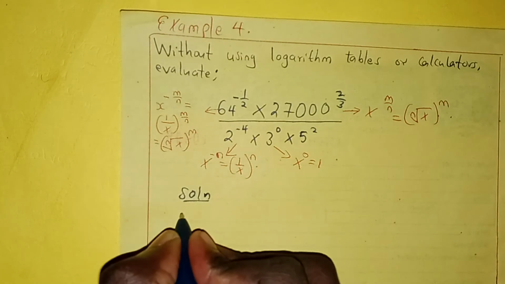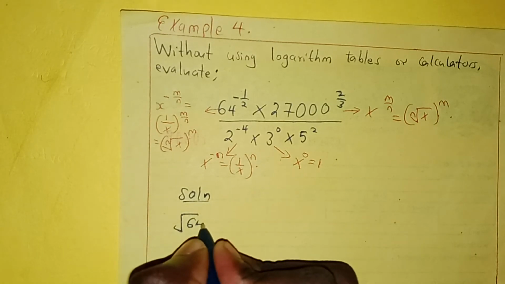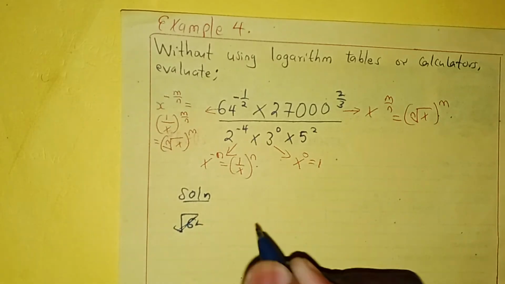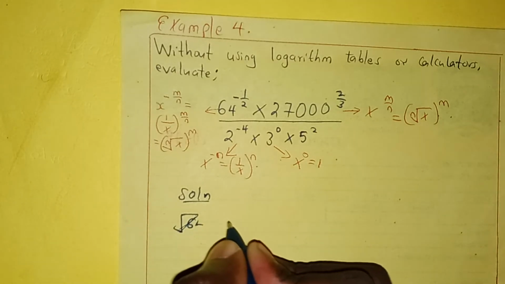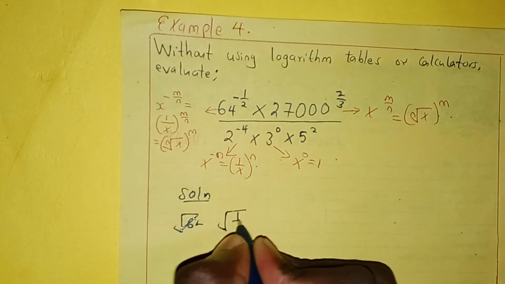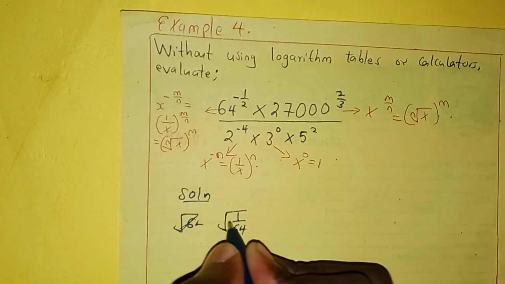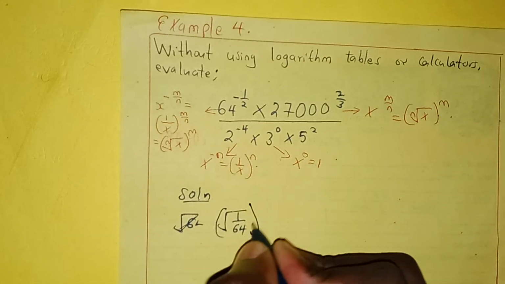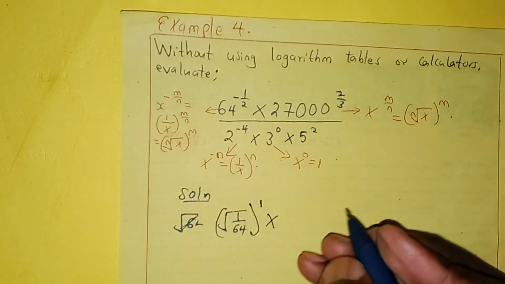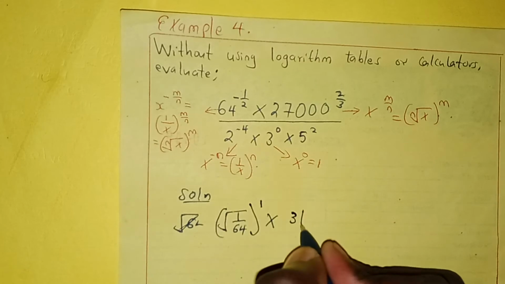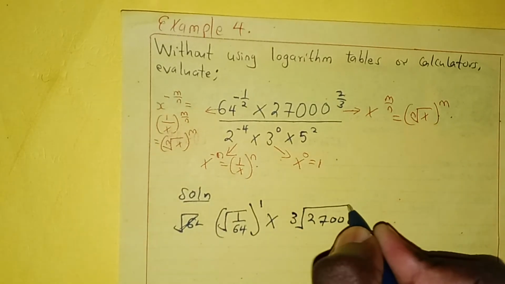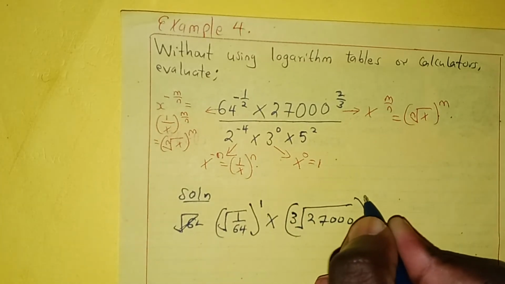So we'll have the square root of 1 over 64, then raised to 1, times the cube root of 27,000 power 2,